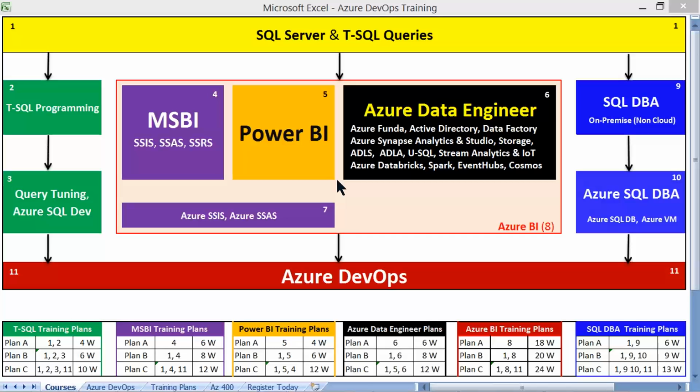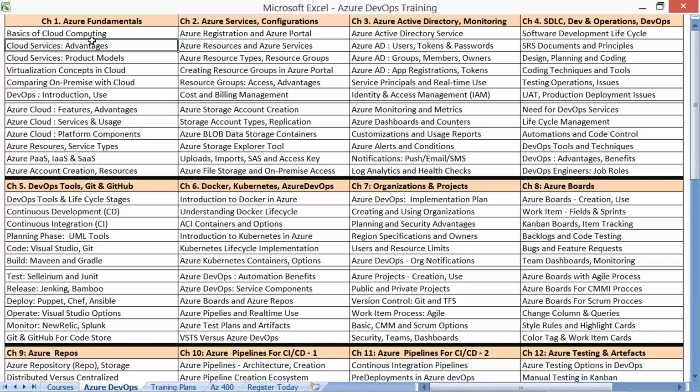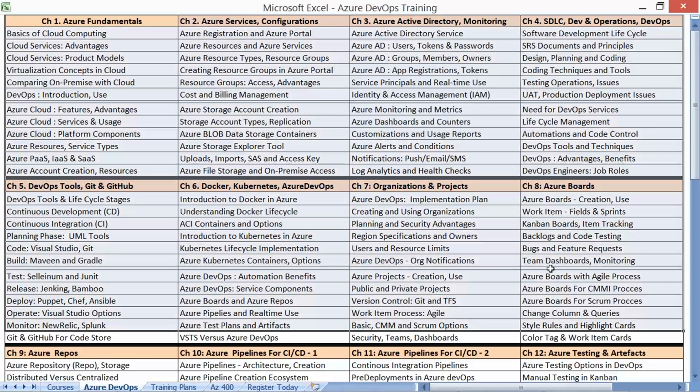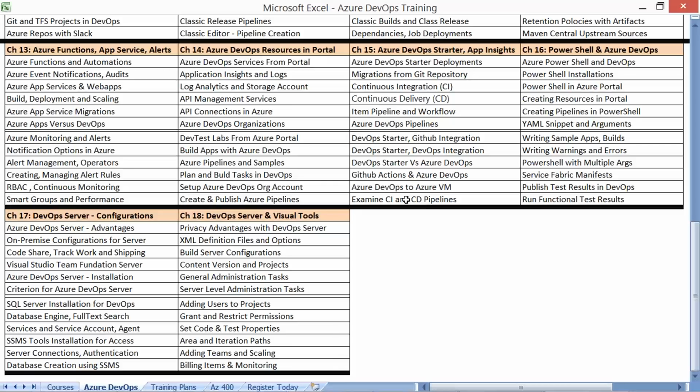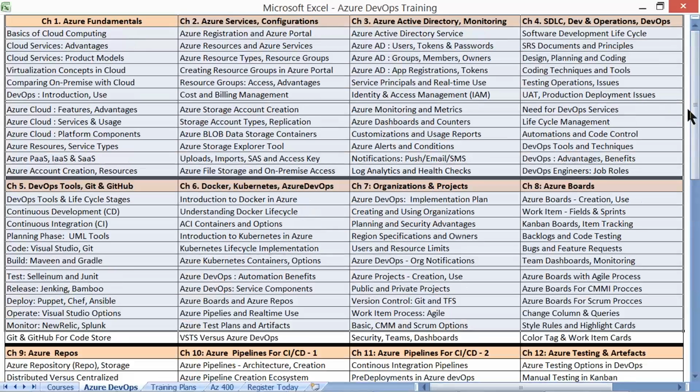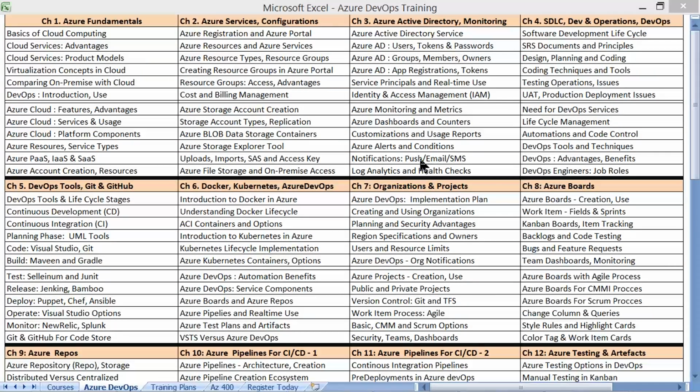Let's understand carefully step by step. And finally, we need to get into the lengthy course curriculum to understand what is included, right from the basics till Azure DevOps Server management and automation activities. A total of 18 chapters. Come on, let's get started with what is DevOps, slowly, step by step.